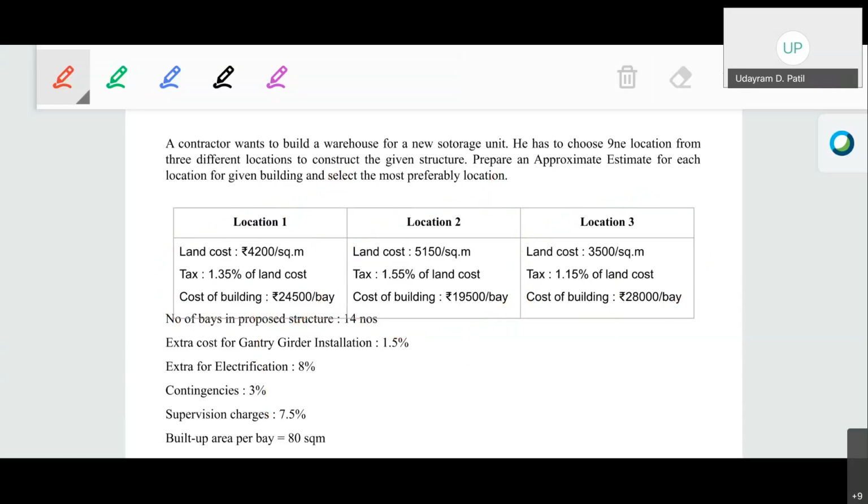Okay, so here the number of bays in the proposed structure is 14. The particular building includes 14 bays. Bay, I told you, is the distance between the